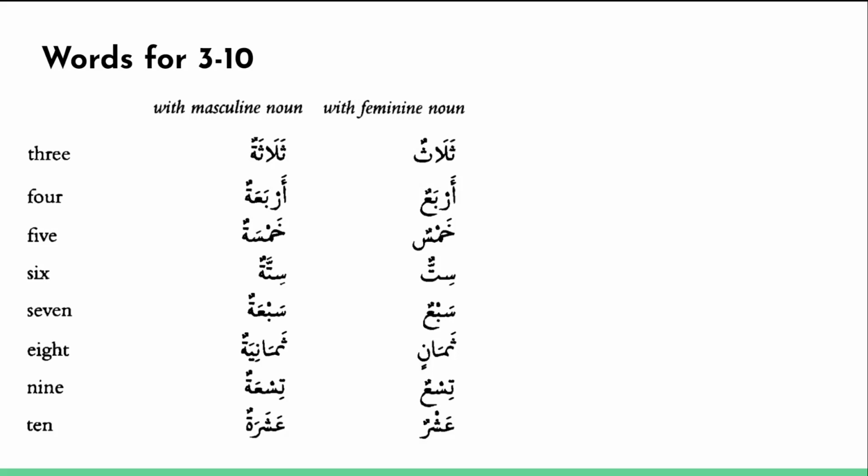Let's read these numbers. Thalathun means 3, arba'un 4, khamsun 5, sittun 6, sab'un 7, thamanin 8, tis'un 9, and